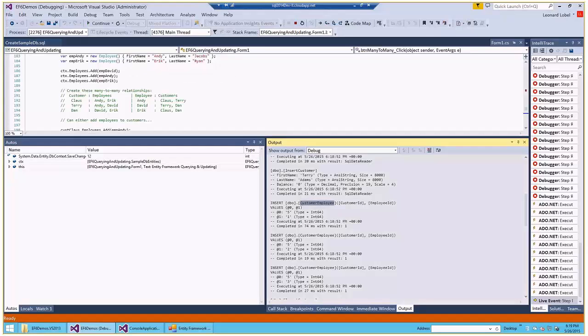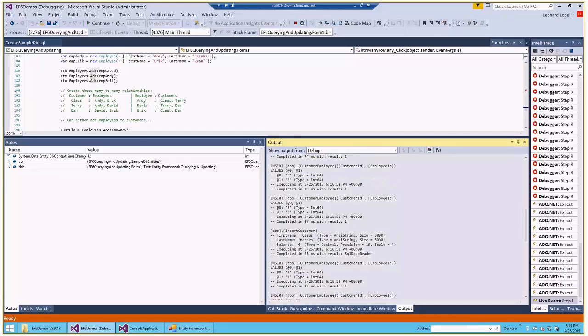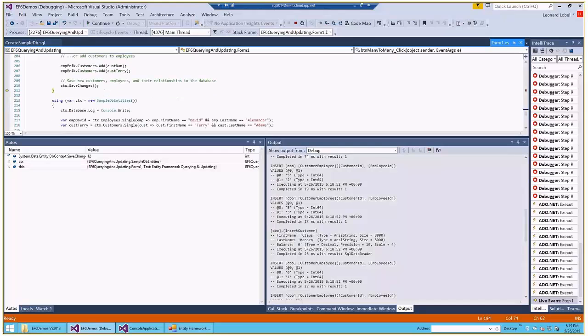I'm just adding many-to-many by using .add to add to a collection. And Entity Framework is tracking these IDs for me and updating or inserting the customer employee table as necessary to map employee 5 with customer 1 and customer 2 and so on, all the way down, which is really very, very nice. And then on retrieving,